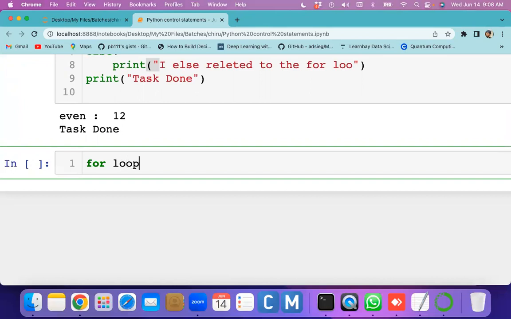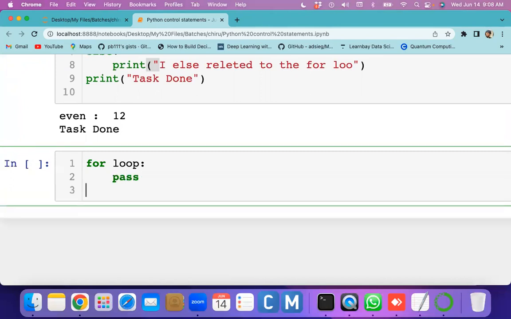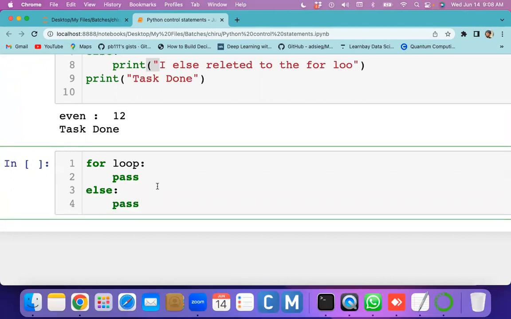So here we have a for loop. My for loop may have the else block also. The for loop may consist of the else as an optional block, and this else will be executed if the for loop executed successfully, all iterations.